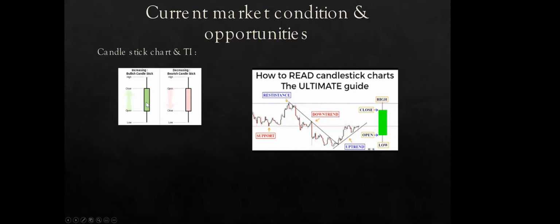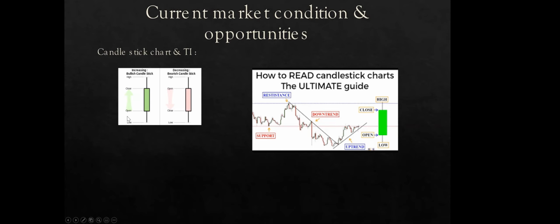There are two types of candlestick. One is the bullish candlestick. Bullish candlestick means price is going up. And there is a bearish candlestick, price is going down. So if you want to consider the 1 day candlestick, 1 day candlestick means this candle represents 1 day